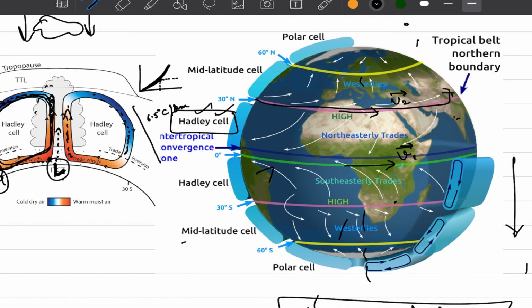As a result, if a ball is thrown from here to here, it is going to have a higher tangential velocity at that point, and when it goes here, it would shift from the left direction towards the right direction, and because of the action of Coriolis force, it appears to also take a curvilinear or curved path.